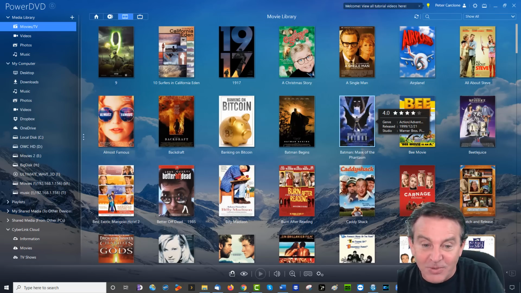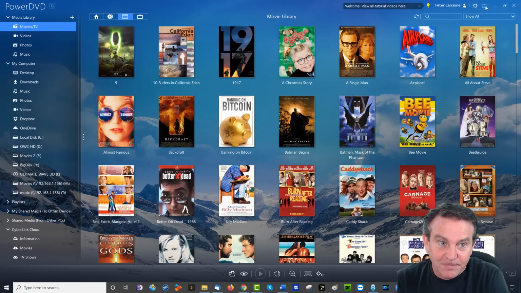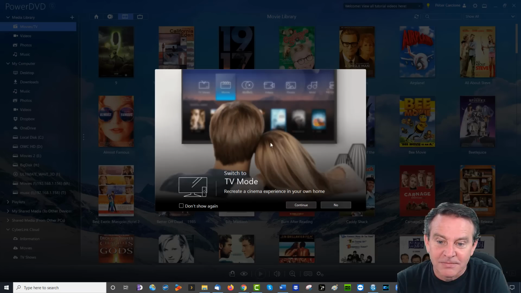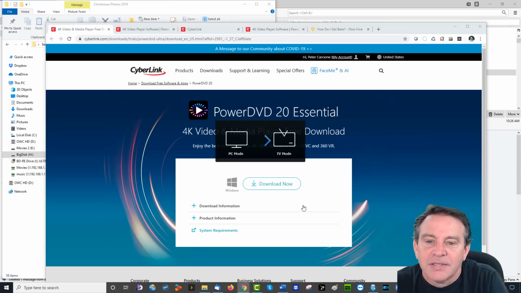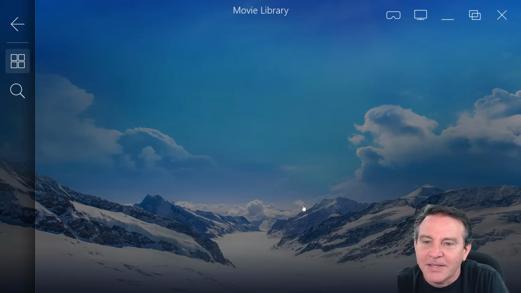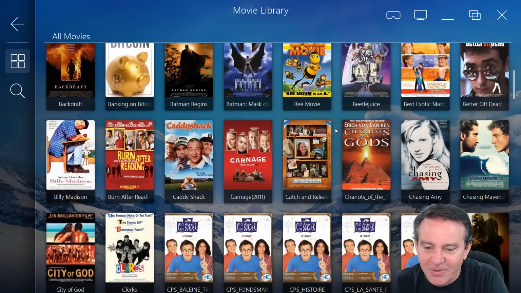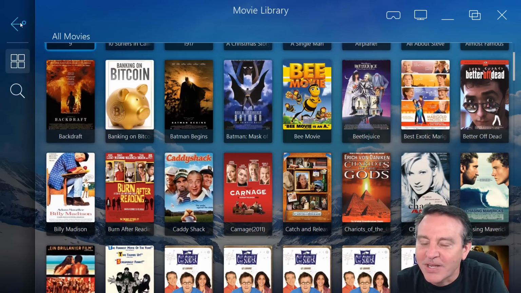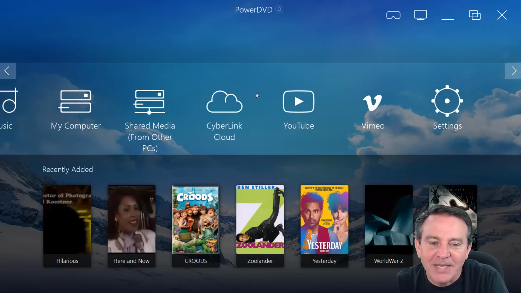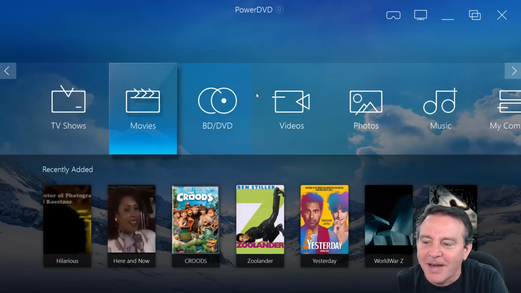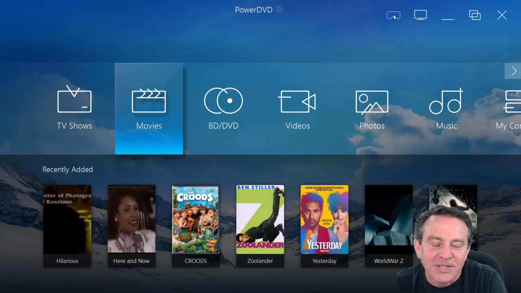So those are the movies. Oh, and look. If I want to switch to TV, it's going to switch for you. This is the link I'm going to send you, by the way. Look at this. This is my movie. There's my movie library. And this is what it's going to navigate with, like on your TV. So you're going to be able to navigate very simply. It does have so many great resources. There are your VR goggles, so you could even have them hooked up if you were close to your TV.